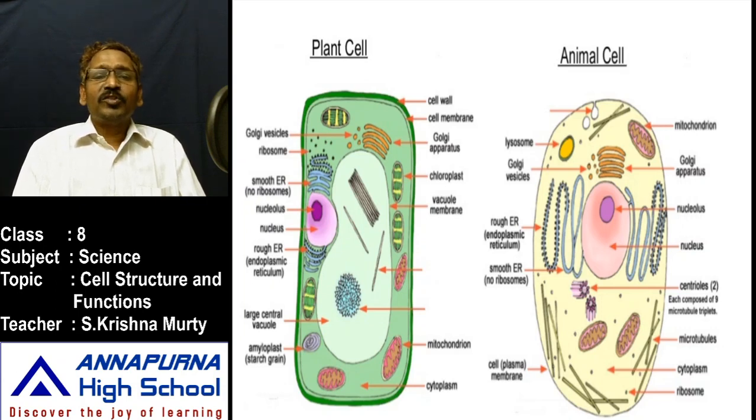And also the cell wall contains some pores. They are known as pits. This membrane is also a permeable membrane. Do you know about the permeable membrane? A membrane which allows some material into the body or out of the body is called a permeable membrane, or semi-permeable membrane, or selectively permeable membrane.